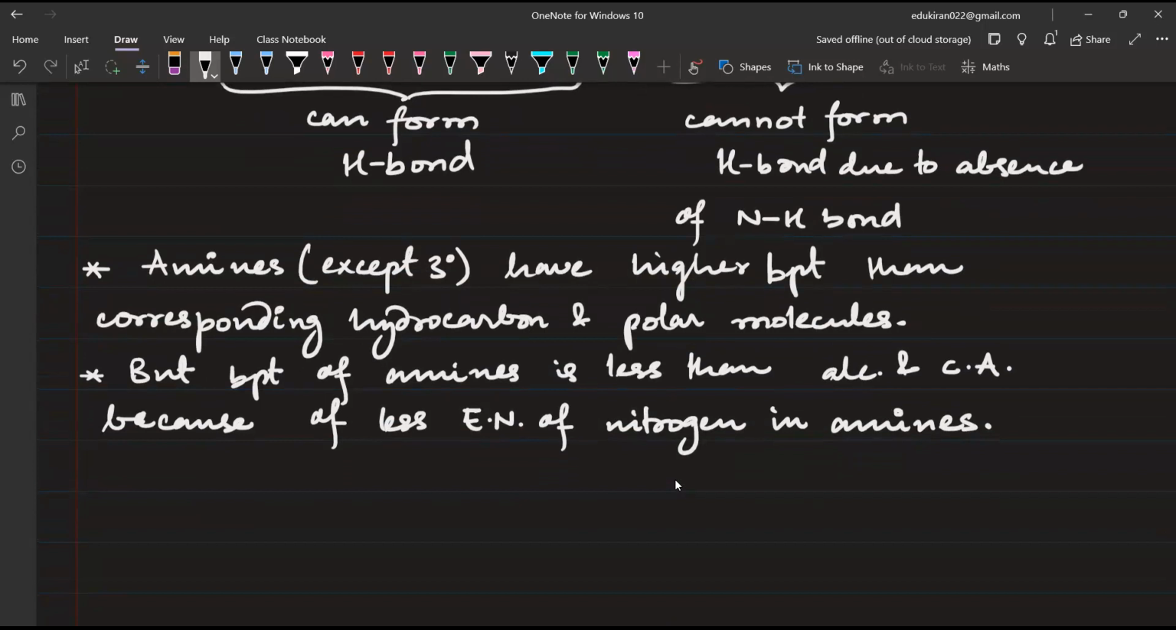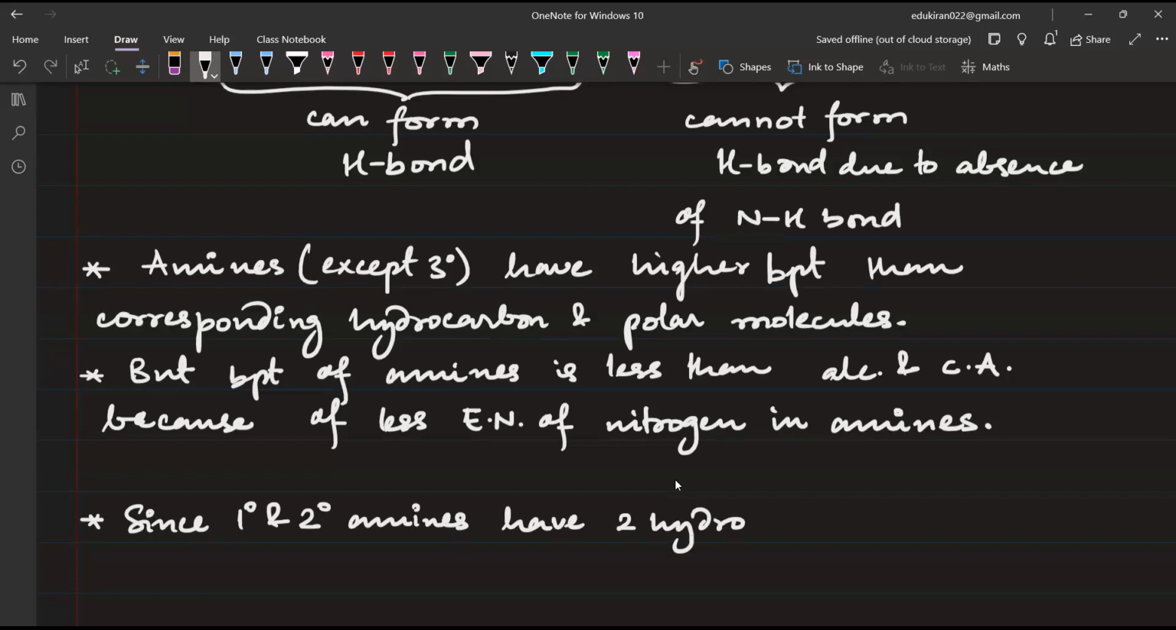Now, this is regarding the different classes of compounds: amine, haloalkane, hydrocarbon, aldehyde, ketones, ethers, alcohol and carboxylic acid. Okay. Now let us talk about different types of amines. So in amines, you will write, since 1 degree and 2 degree amines have 2 hydrogens and 1 hydrogen respectively,